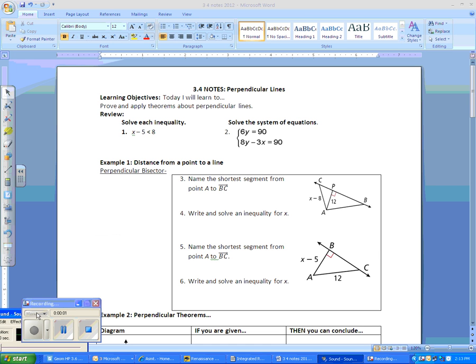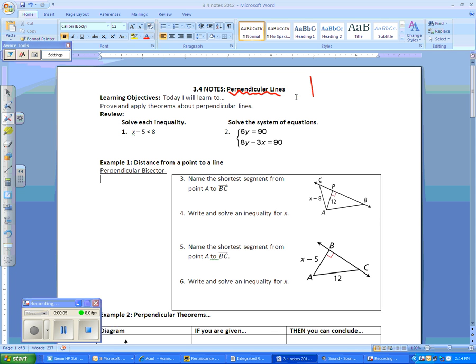All right, 3-4. Today we're going to talk not about parallel lines, but about perpendicular lines. Perpendicular lines, remember, we use this upside down T to talk about perpendicular lines, and they meet at 90 degree angles. So they meet at right angles. Perfect. Before we start talking about proving and applying theorems about perpendicular lines, I want you guys to review for